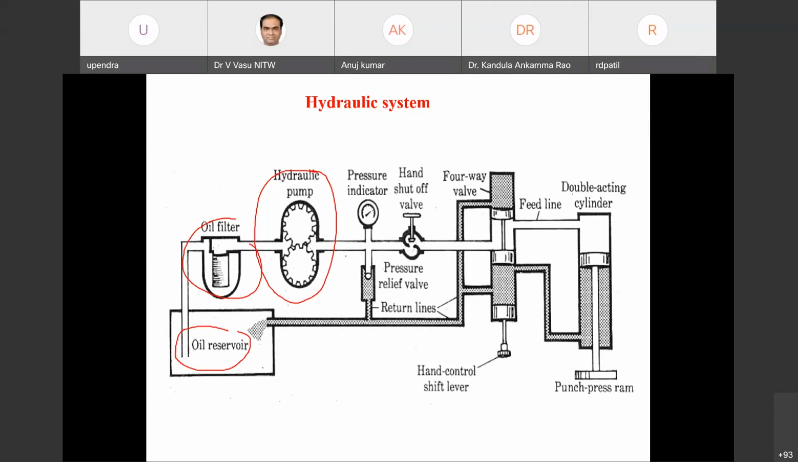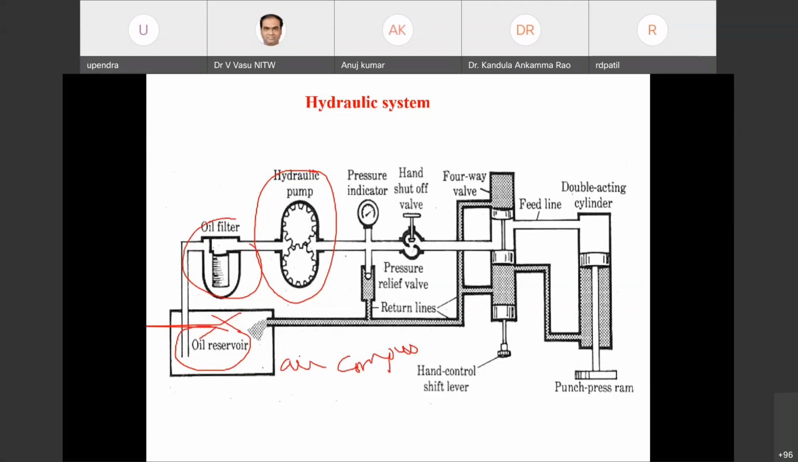Okay, so this is going to be the same thing, and the oil is going to be recollected back, and this oil will be reused for the continuous process. Whereas in the pneumatic system, this particular oil reservoir will not be there. We are going to have one air compressor, and this compressed air will be used